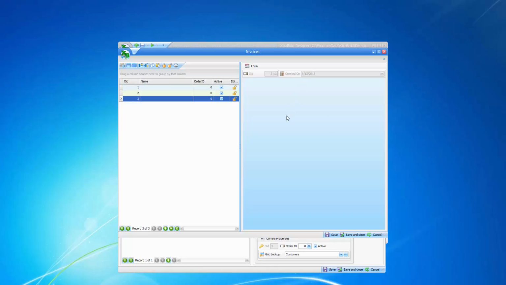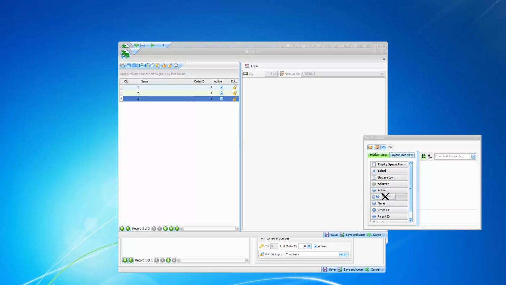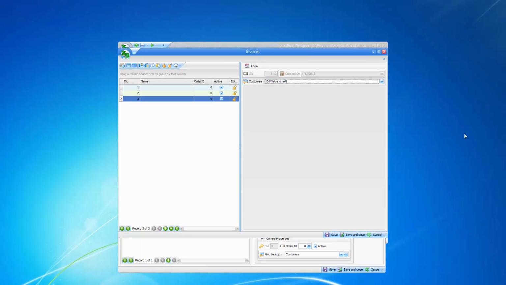But right-clicking again and choosing Customize Layout, we can add in the customer element that we have defined in the control earlier. Let's close the customization window for now. And from this drop-down, you are going to be able to see the customers. But again, we do not have any customers defined right now. So what we can do to solve this problem is click on Save and Close